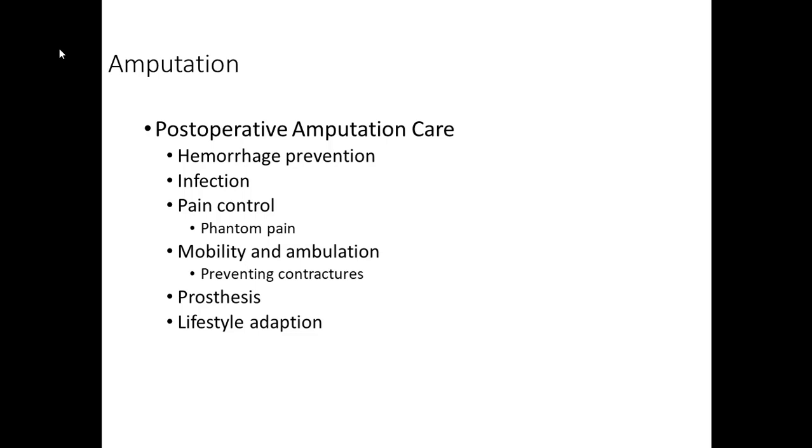Mobility and ambulation, we just want to do whatever we can to prevent contractures. Sometimes people feel better putting their stump up on a pillow, but if they do that too much, they can actually get a contracture in their knee, and their knee will stay bent. So we just need to help them move, do range of motion on the stump. Sometimes people get prosthesis, sometimes they don't. Just depends on what their wishes are. Sometimes they just stay in the wheelchairs. But we just need to make sure we're doing what we can to make sure they're not contracting up.